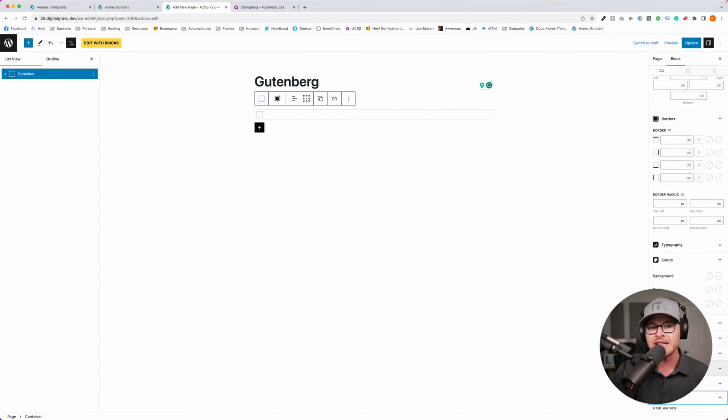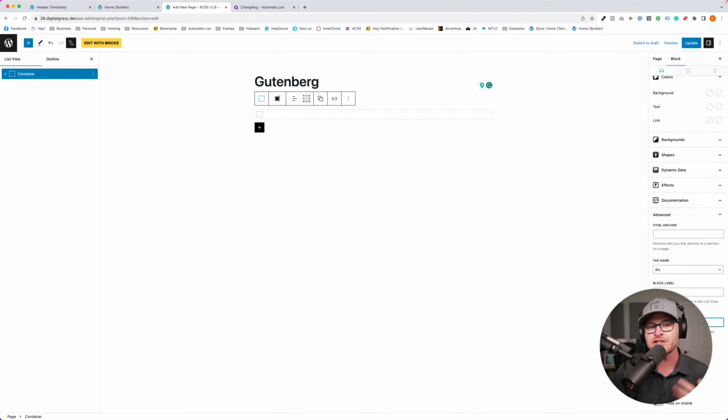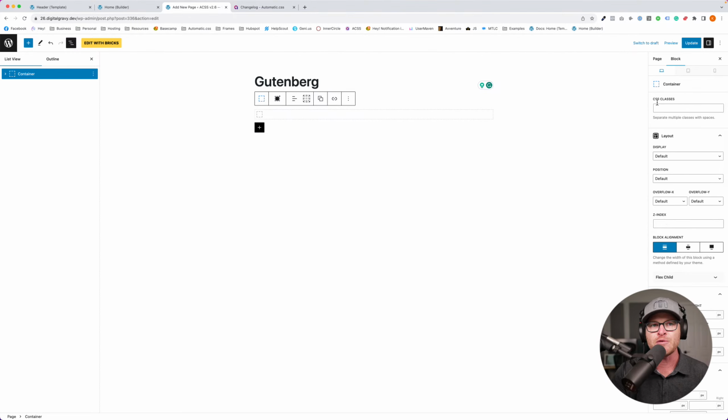Then you have to open the advanced tab. Then you have to start typing in the additional CSS classes tab. And if you have to do that every time you click on an element, scroll, open, click, scroll, open, click, scroll, it destroys workflow efficiency. And so we made a very simple adjustment, which is let's take that classes box and move it to the top.